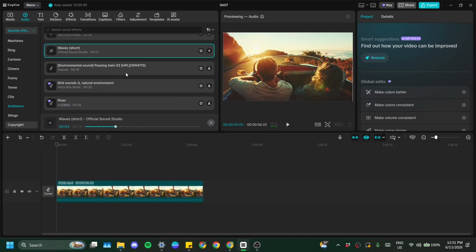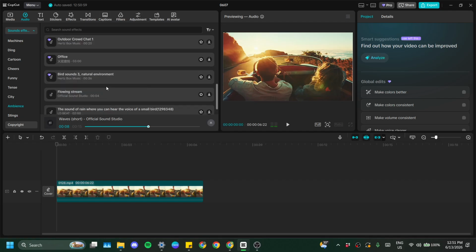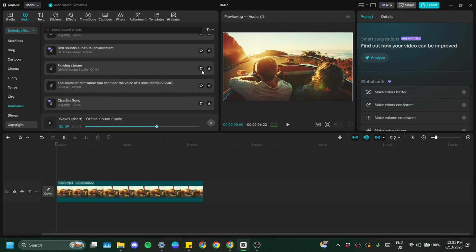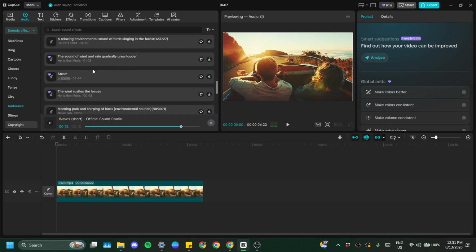Before adding anything to your project, it's a good idea to preview the sound first so you can make sure it fits the timing and style of your video. To do that, hover your mouse over the sound effect card and click the small play icon. CapCut will let you hear it instantly, which is perfect for quickly testing multiple options until you find the right audio accent. Once you've found the sound effect you want to use, click the blue plus sign icon on that